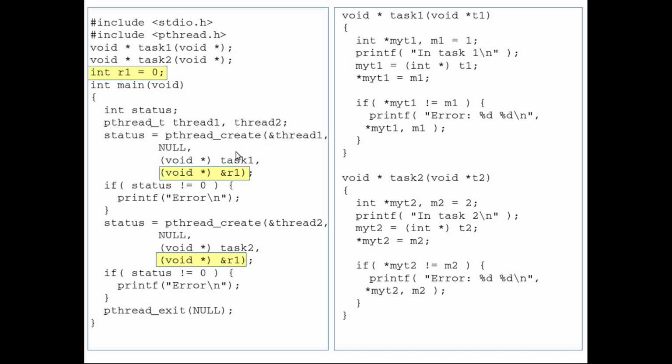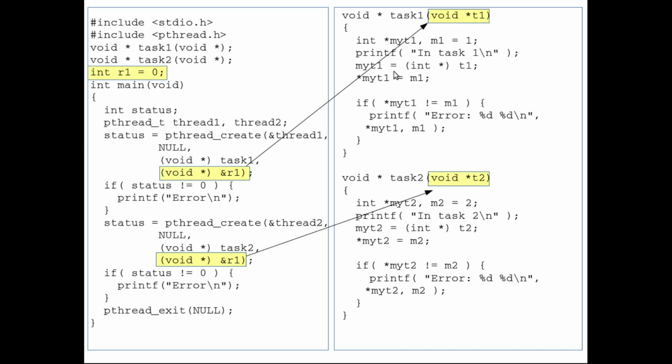To both tasks, we are sending the address of the global variable r1 as an argument. For the first task, the address of r1 will be received in this local variable t1, and similarly for the second thread, the address of r1 will be received in the subroutine.